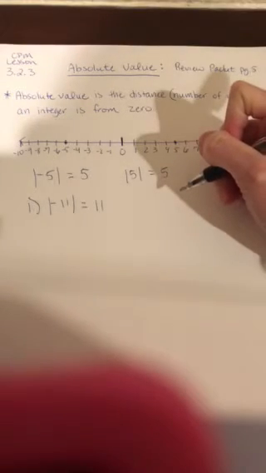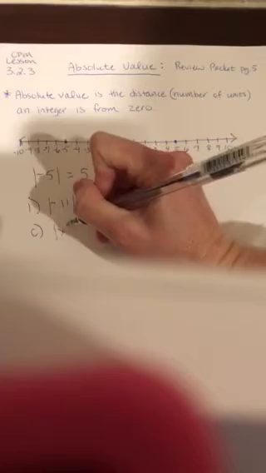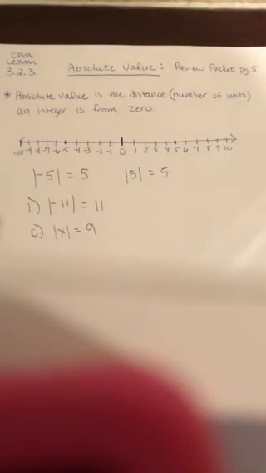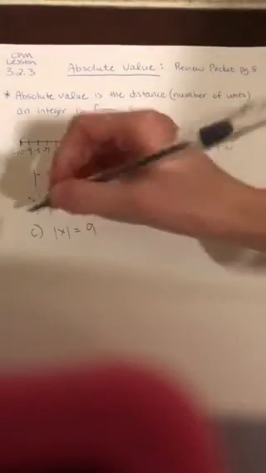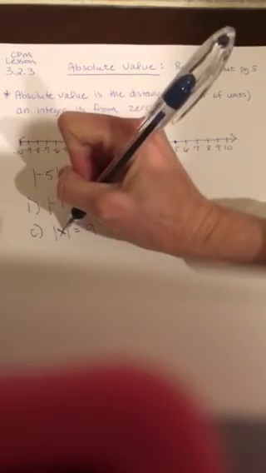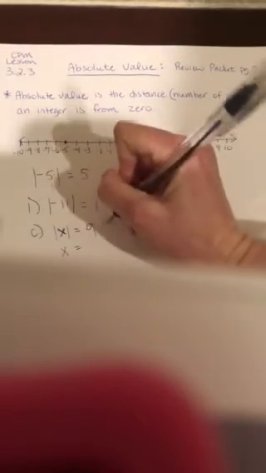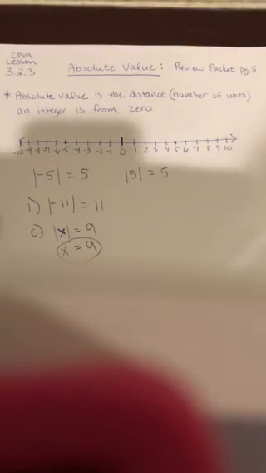And then it gets a little bit more complicated, and I'm going to look at example C here. The absolute value of x equals 9, because the directions here are to determine the values of x, okay? Well, even though we don't know what the distance is from 0, it is x units from 0, right? And so it's going to be positive. X equals, no absolute value sign there, 9. Sorry, I'm at a slant here. Okay,